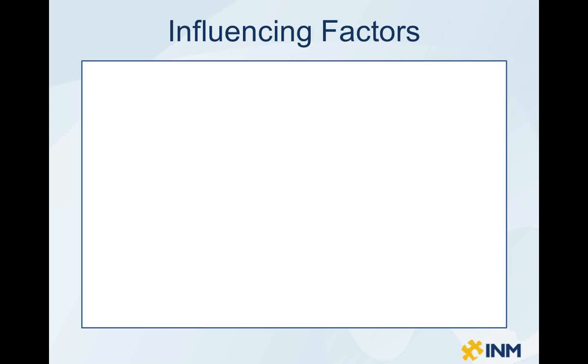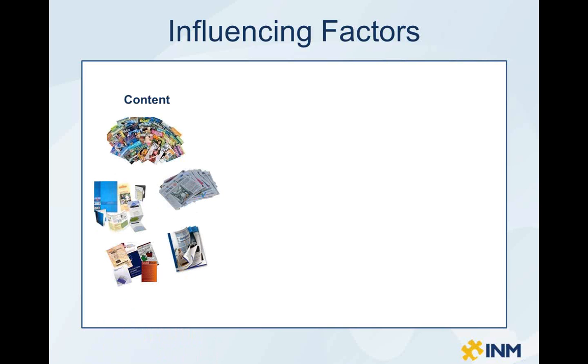When you're looking at your users, there's a number of influencing factors that you really have to keep in mind. It's kind of looking at things very iteratively and jumping around at a few different topics that will clarify the picture for you. The first influencing factor that you're going to want to keep in mind is your content. With your content, what is the highest business value? What's going to give you the biggest return, and what do you want to deliver?